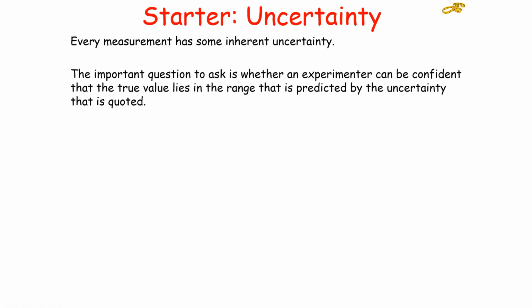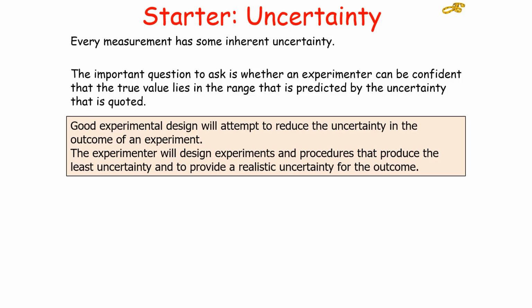Now every measurement has some inherent uncertainty, and the important question to ask is whether an experimenter can be confident that the true value lies within the range predicted by the uncertainty quoted. Good experimental design will attempt to reduce the uncertainty in the outcome of an experiment. So the experimenter will design experiments and procedures that produce the least uncertainty and provide a realistic uncertainty for the